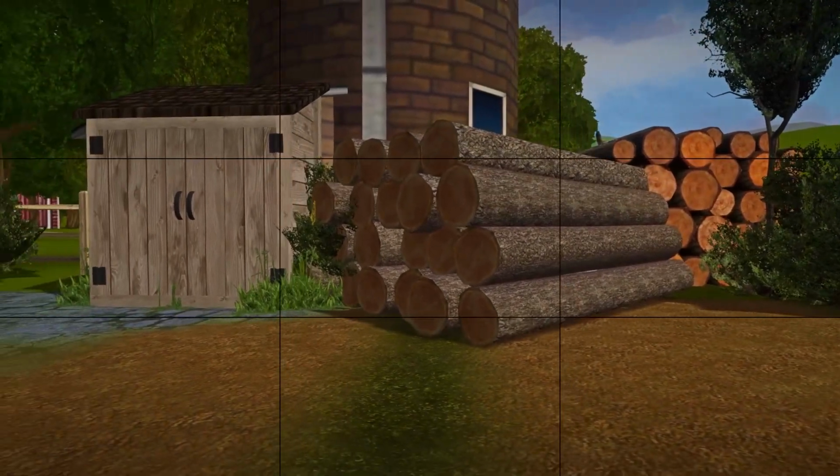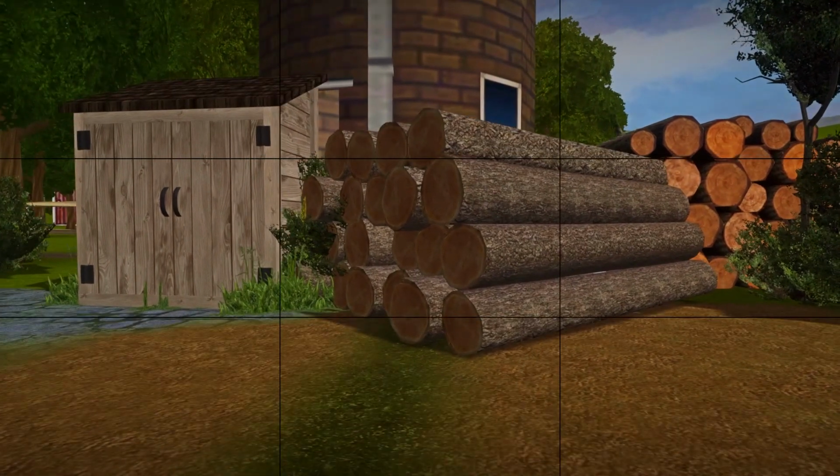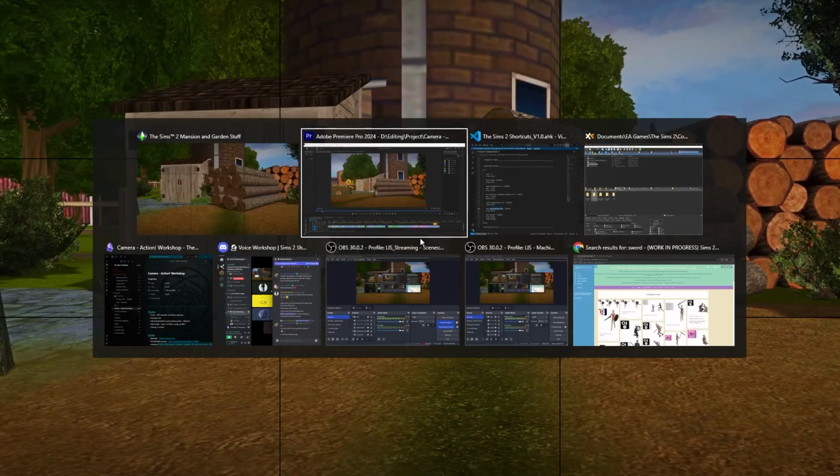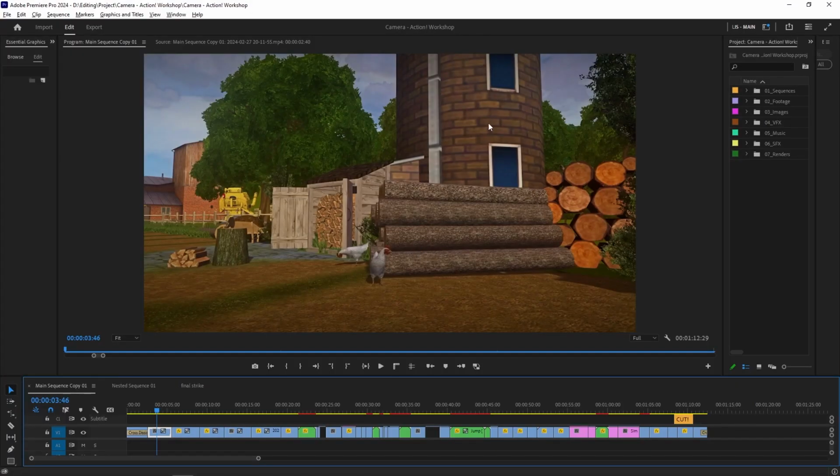Can you make the camera like sideways? What do you mean? Ah, you mean like switch the screen itself? I don't think you can do that in the game,